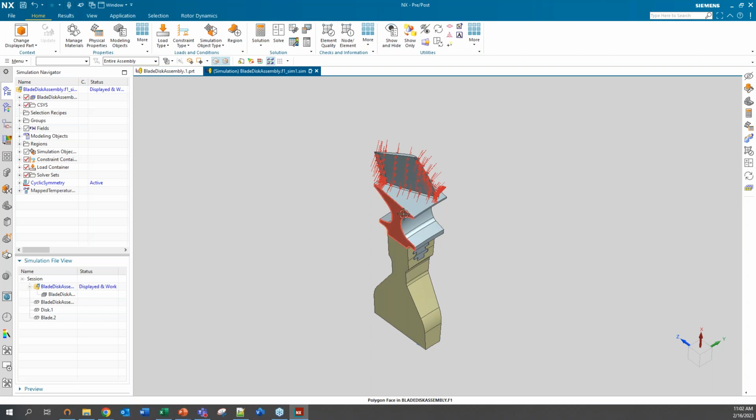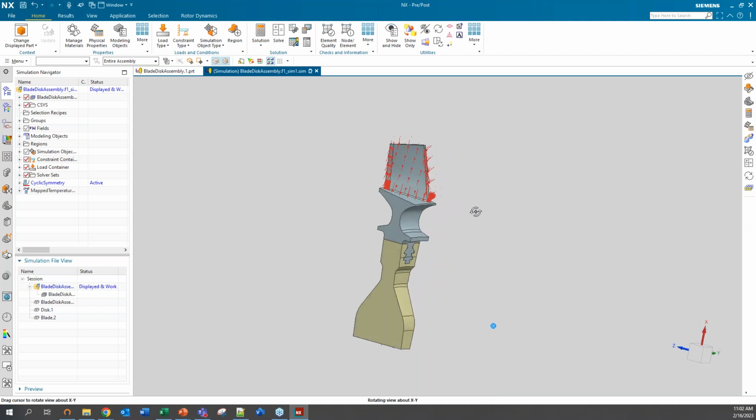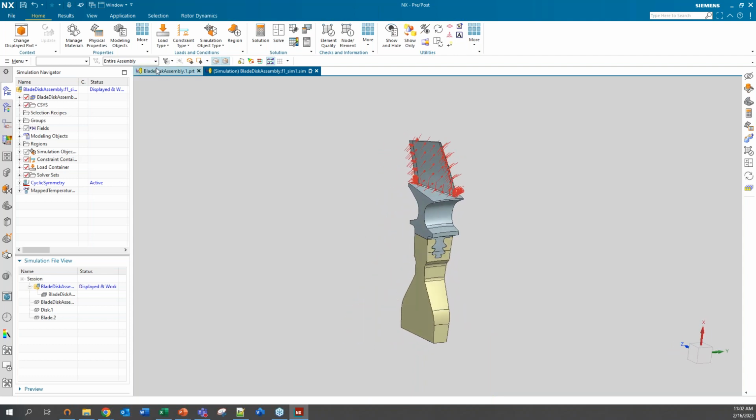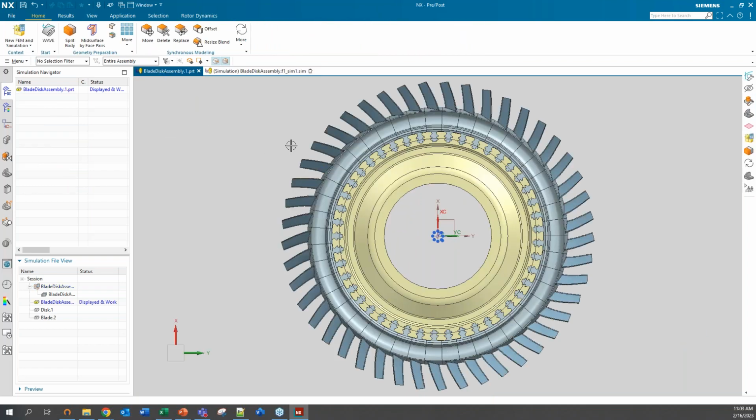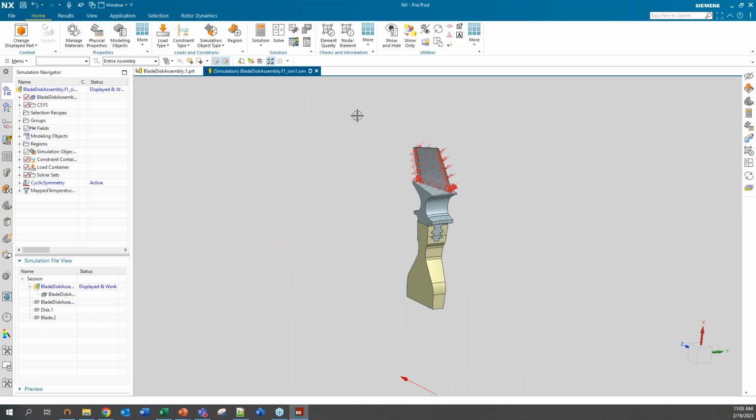Now, as you can see here, I have a completed simulation for a jet engine fan blade. And this is just one segment of the fan blade. If I return to the original model, we have 40+ fan blades in a complete assembly here. But we were able to utilize the fact that this fan blade was axisymmetric so that we can only isolate one section and make our lives a whole lot easier by just applying our boundary conditions and constraints to that one section. And later on, we can leverage the fact that it was axisymmetric to propagate the results